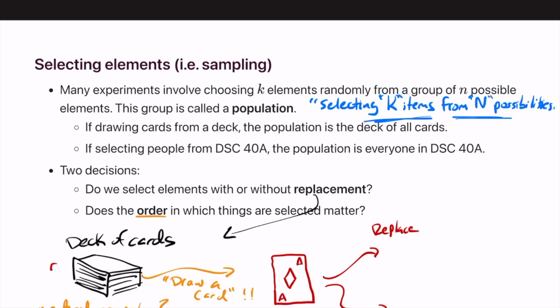A deck has 52 cards. Do we replace it back into the deck so that it maintains 52 cards still? And then how do we put it back, on top, at the bottom, or do we reshuffle it in? Or do we